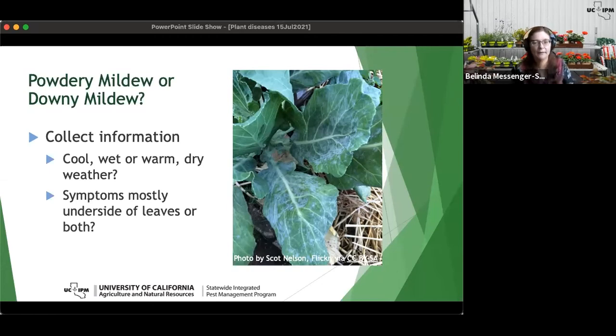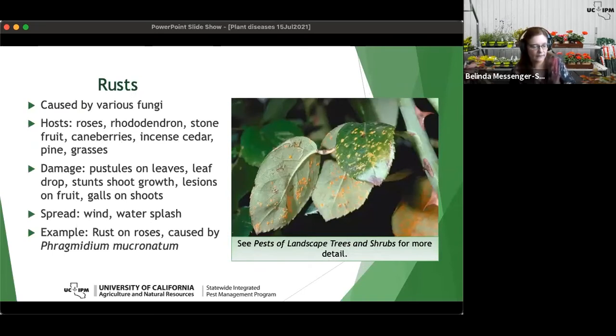Okay, next slide, please. Okay, so rusts are caused by various fungi, which are very specific to their host. They're considered one of the more developed of the fungi in terms of evolution. They are very specific. One individual rust species will go to one individual kind of plant. Host plants for rust include roses, as you can see in the photo here, caneberries, rhododendron, stone fruit, pine trees,